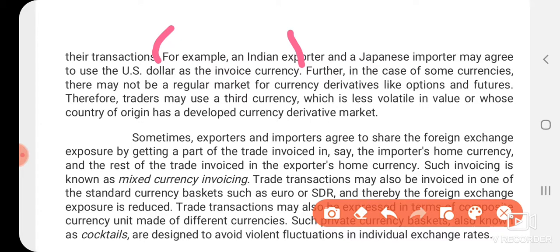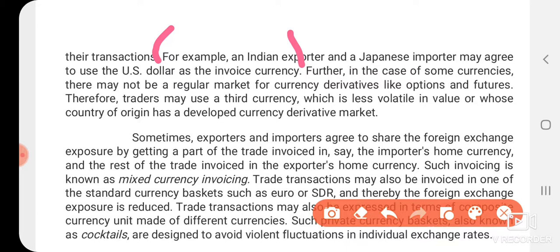Like here, in options there will be mainly two sub-types. What are they? Call options and put options. According to the risk, he can choose either a call option or a put option in order to avoid such risk. Next one is futures, which we have also discussed. It is a standardized contract. They follow the rules and regulations of the stock exchanges.